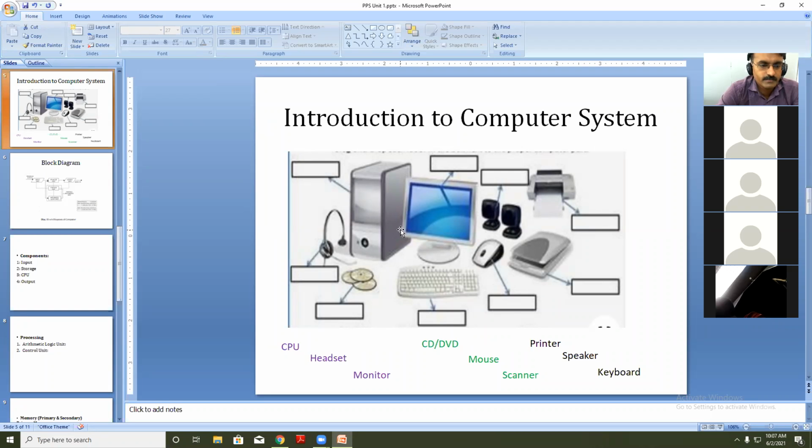Take one or two minutes, and I wish to label it here. So this is a box, what should I name it? This is again one box, and it has one device, so what should I call that device? Take a one or two minute pause here, just try to recall the names of all those components, and then we will place the names one by one into the respective boxes.